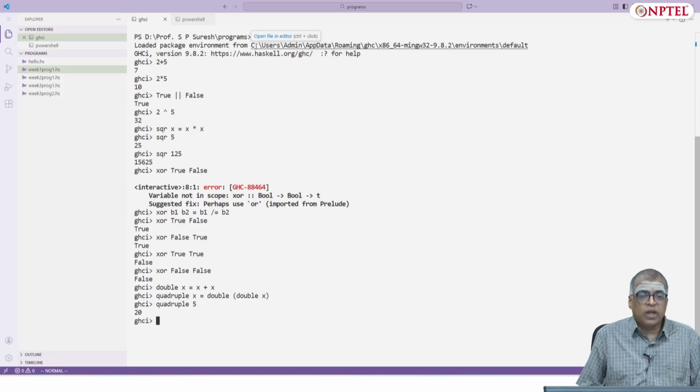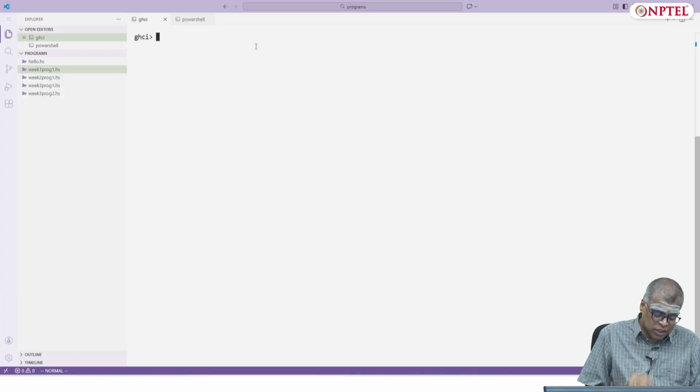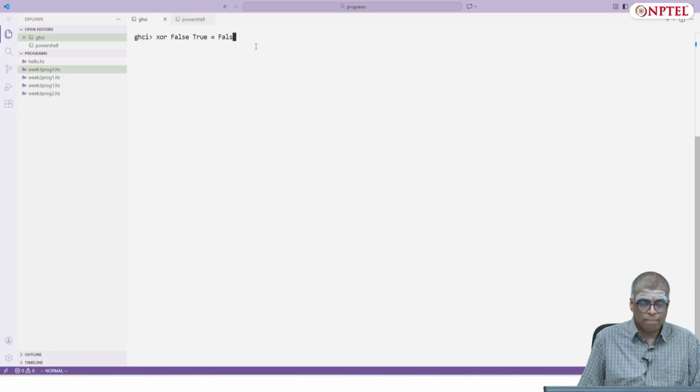So let me clear the screen. Suppose you try to define a function using pattern matching. We saw in the lecture that you can use pattern matching to define functions. I say XOR false true is false, and now I want to say XOR true false equals false.